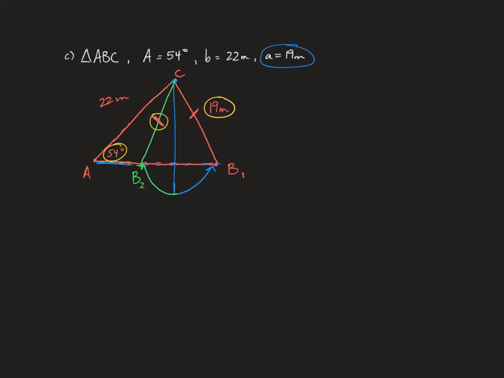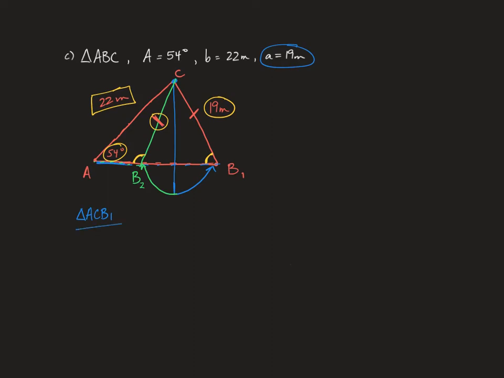I can use that to find angle B because I've been given side B. However, I can't use it to find angle B2 first because angle B2 is obtuse. So I'm going to use it to find angle B1 first. Now, if I put a little heading down, then my heading allows me to be efficient with what I need to write. So I'm going to work inside triangle